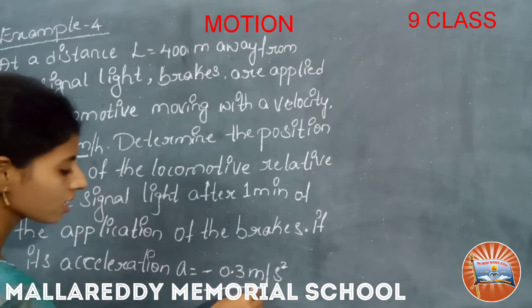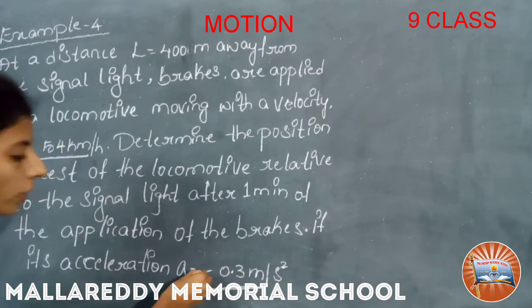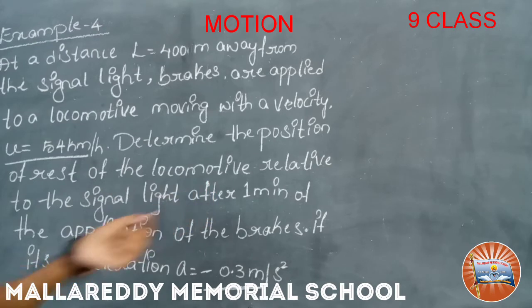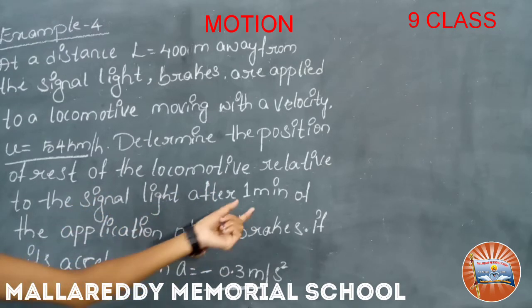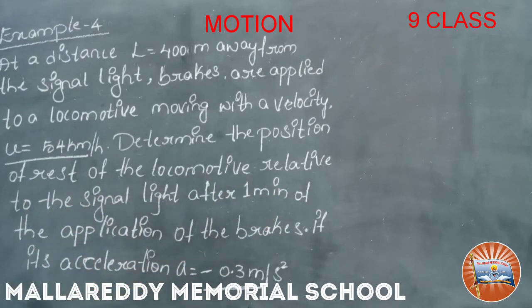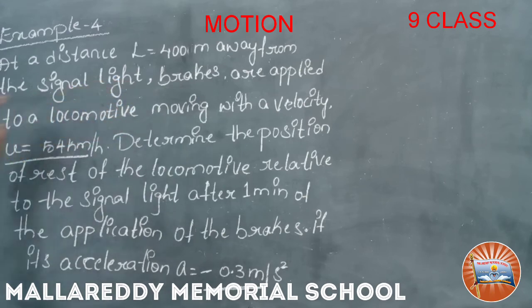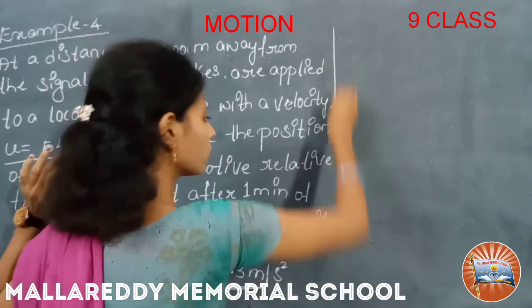So here the acceleration is given, that is minus 0.3 meter per second square. That means it is a retardation here. And the initial velocity is given, u equals 54 km per hour. So here they are asking to find the position of the locomotive after applying the brakes, means after 1 minute. Where is the position of the locomotive? And here a distance is given, L equals 400 meters, away from the signal light. So we know that